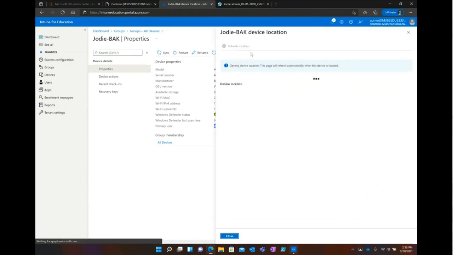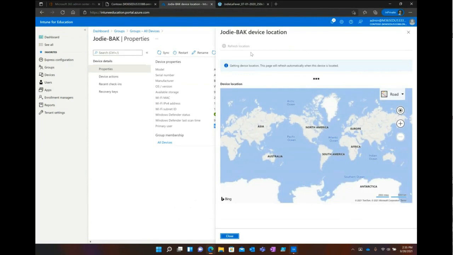You can locate the device. Before, we only had this available for iOS and Android devices, but we now have this available for Windows too. There are a few requirements that you have to have turned on in your environment to make this work. I'm going to leave that up for a minute so you can see how that works.